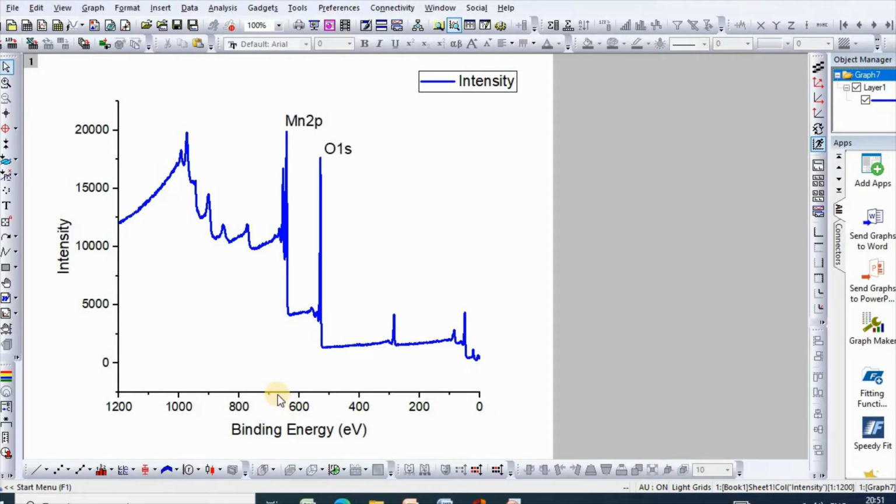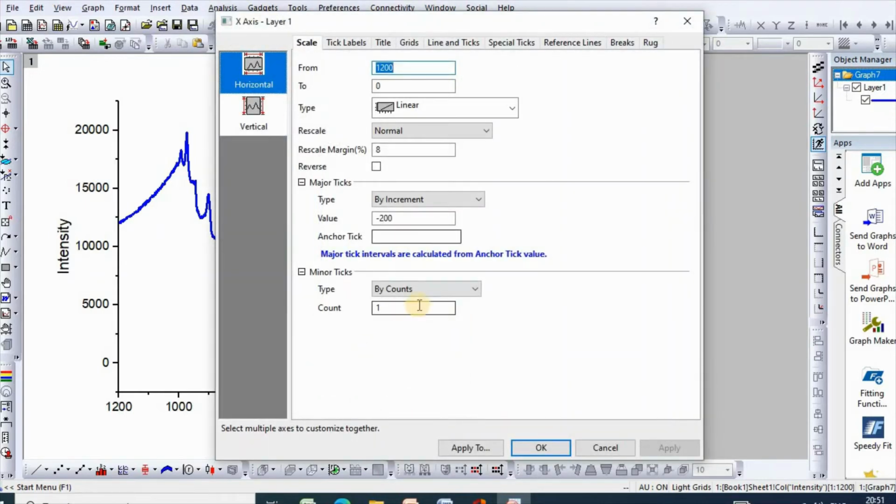So in order to rescale, we change it from 670 to 600, for example with a step value of 20 or 50. Then click OK.